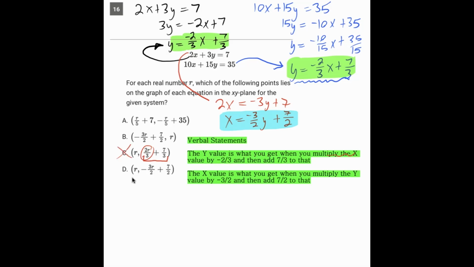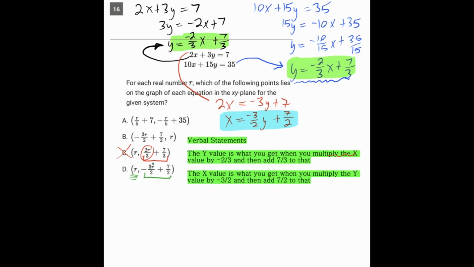Now let's look at another answer. Let's look at D. D says the y value, which is this, is what you get when you multiply the x value, r. Now, by the way, guys, r is just some random thing that signifies some x value. So this is saying the y value is what happens when you take some random x value and you multiply